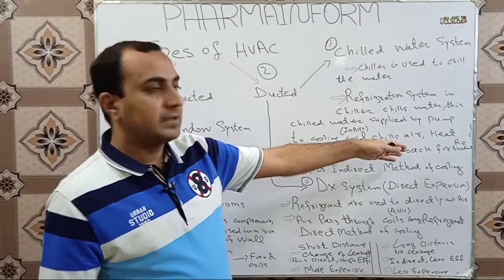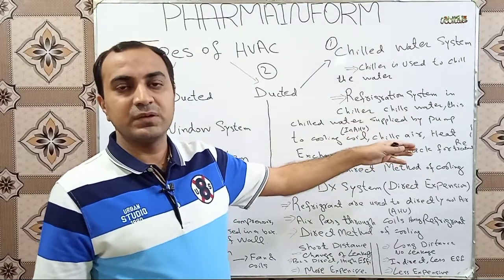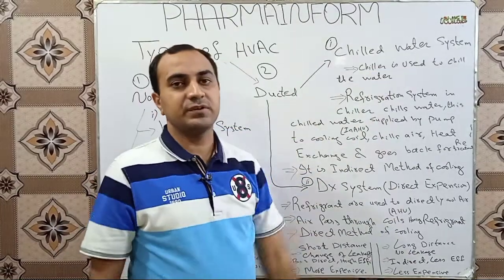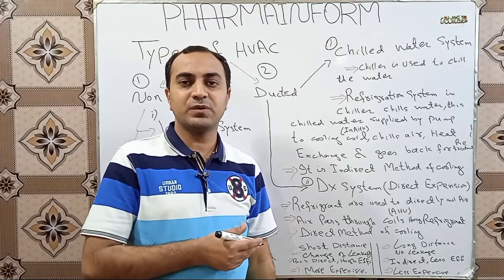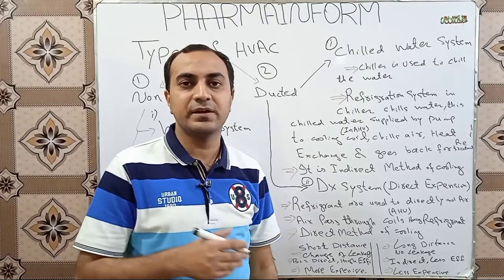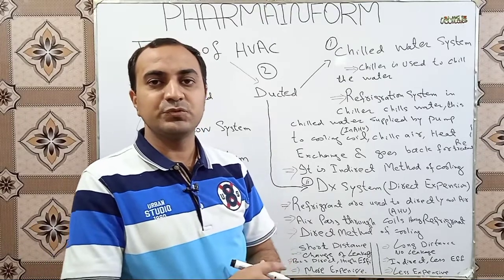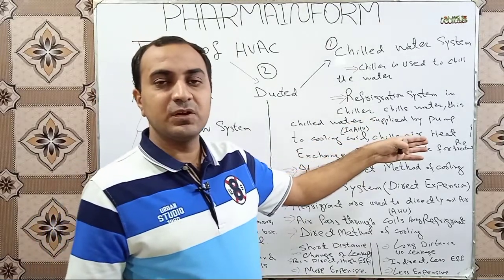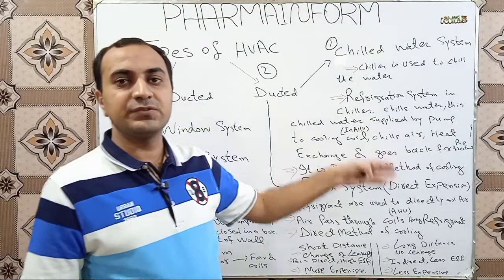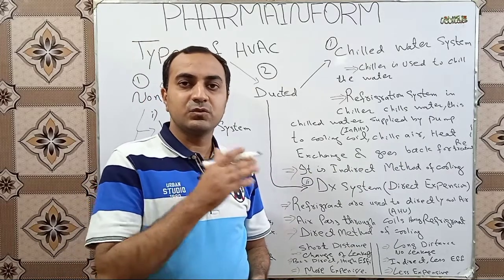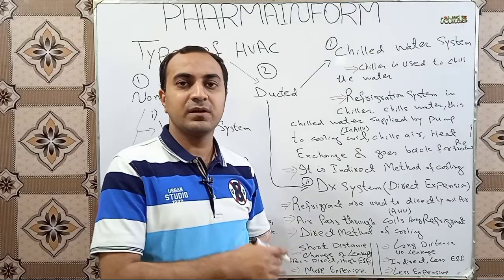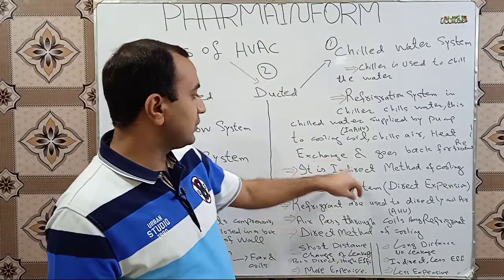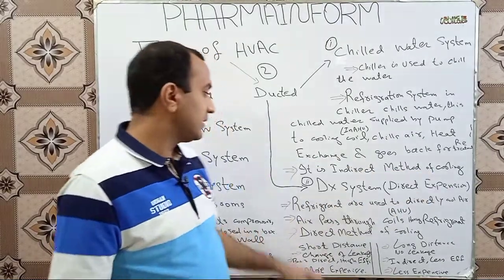We will discuss the heat exchange mechanism and chiller system in a separate video in detail. Here is a basic overview of the chilled water system. So, in simple words, chilled water system is an indirect method of cooling used in the HVAC system to cool the air. In this system, first of all refrigerants cool the water, and then this cool water makes our air cool or chilled. So it is an indirect method of cooling.